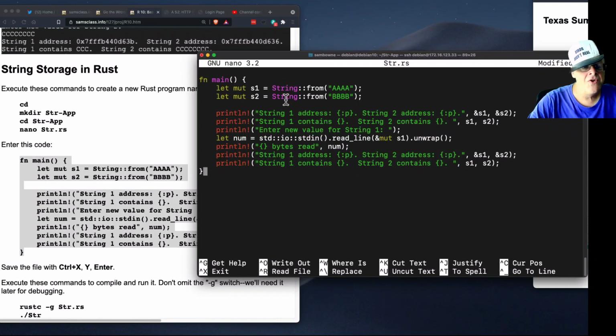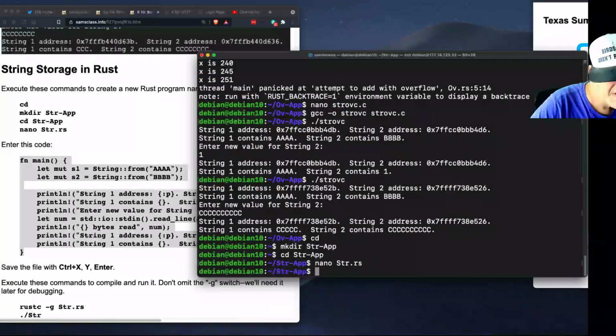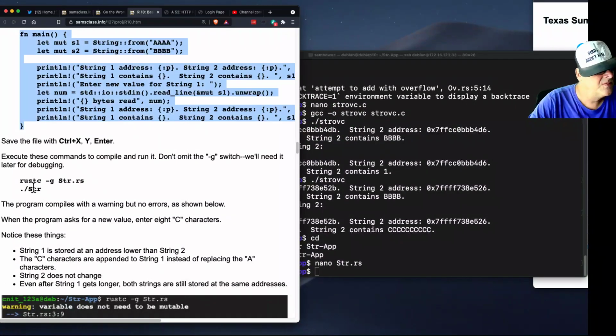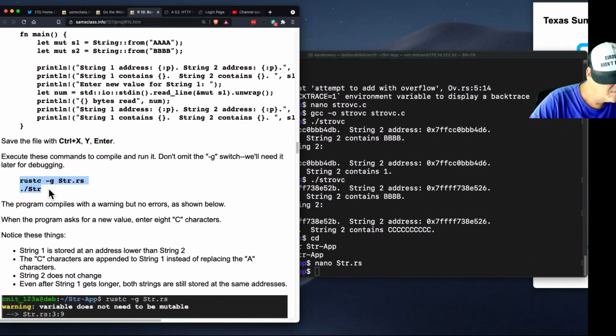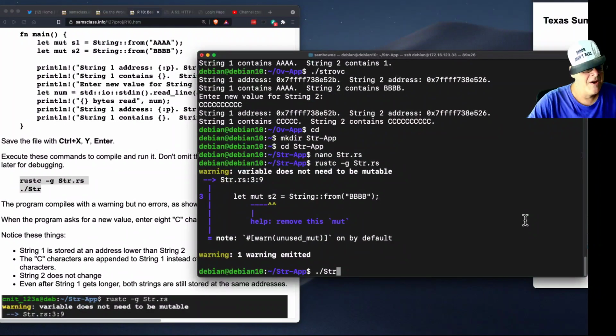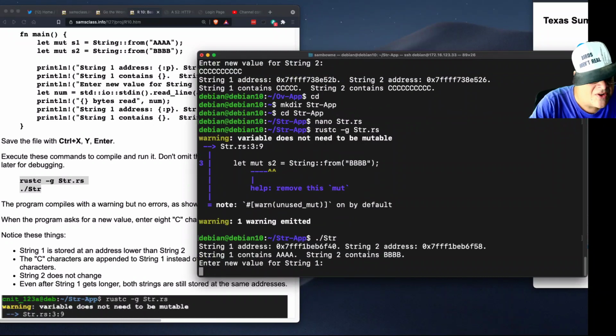You define 2 string variables, you initialize them as 4 characters each, and I'll just print out the addresses, let you read in a new version for one of them, and let's see how it works. If you run it with the Rust compiler, it gives you a warning, but you can still run it. So if I give it a new value for string 1,